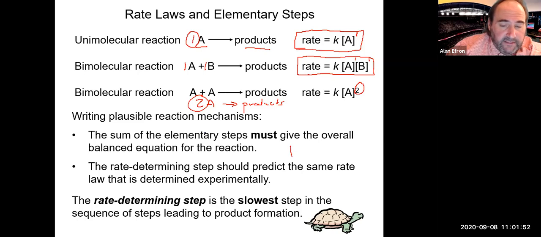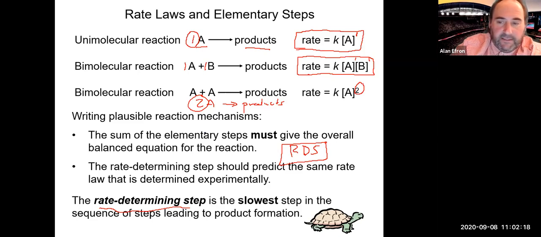The rate determining step is sometimes abbreviated RDS for rate determining step. Very creative there. And basically, the rate determining step in a mechanism is the slowest step in that mechanism. So it's the slowest elementary step in the mechanism. And because it's the slowest step, it is the one that determines how fast that reaction can take